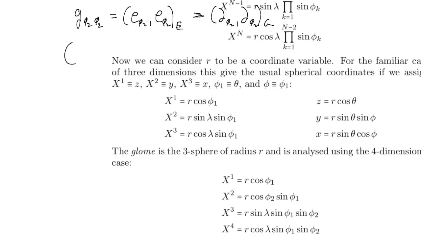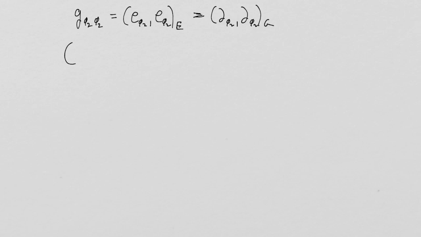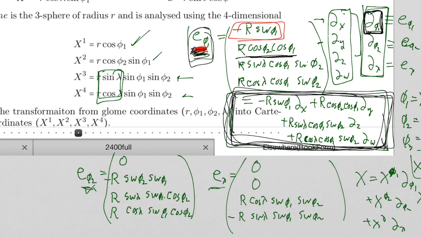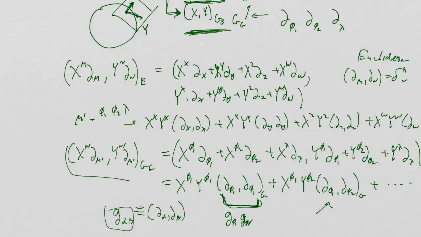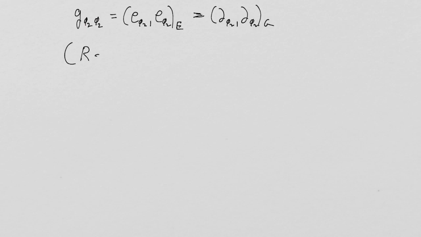Whoops. Oh, I don't want that. That was a little too much. Alright, so I guess I'll have to remember. So this is going to be r, and let's see, so let's look at it. It's sine, and then sine and cosine. R sine phi 1, sine phi 2,